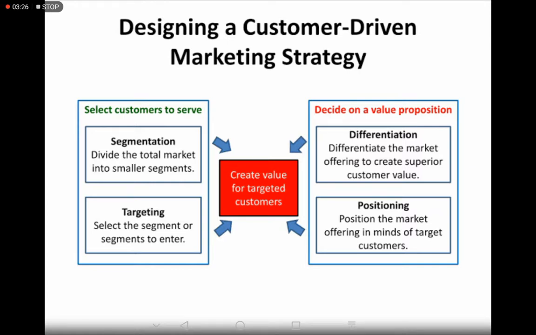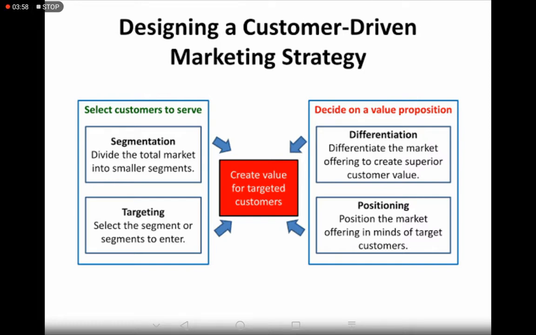So let's suppose I, as a company, naturally benefit from economies of scale. I produce cheap and low cost cars. Then I will target those segments of the market, those customers who are willing to commute long distances and who want cars with high mileage. So now that I have decided that I will enter that market, I will have to decide on a value proposition. That is how my product will